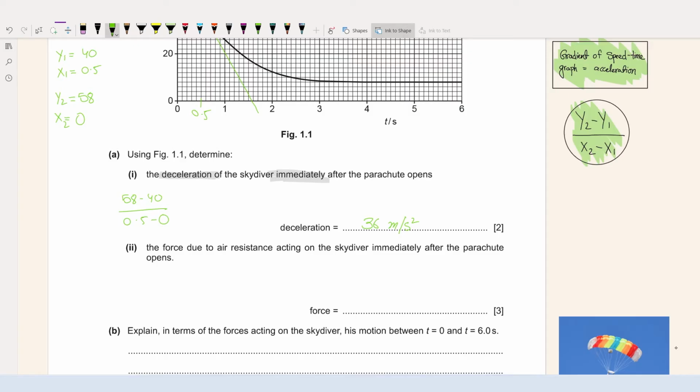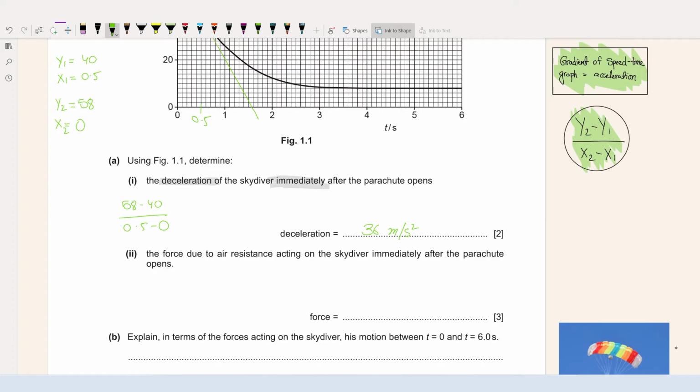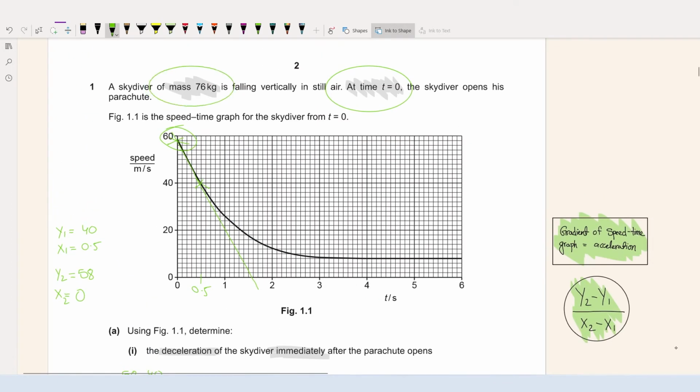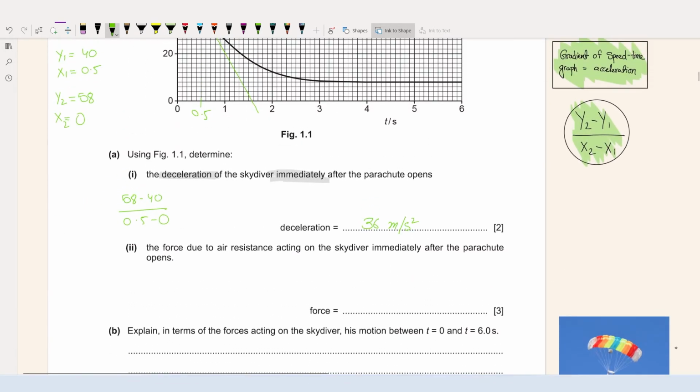The second part says the force due to air resistance acting on the skydiver immediately after the parachute is open. So we are given the deceleration and we have the mass, which is given in the first part, 76 kg. We're given the mass, which is 76 kg, and acceleration or deceleration, which is 36